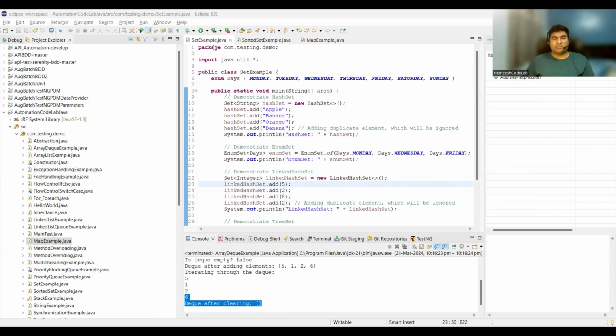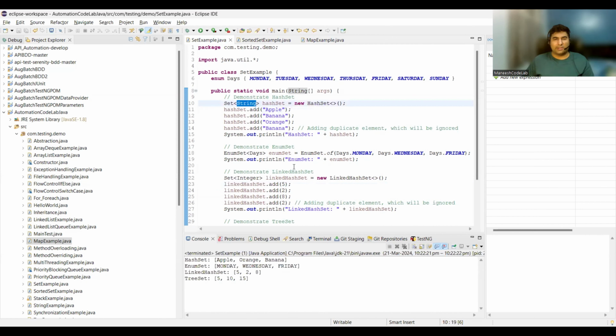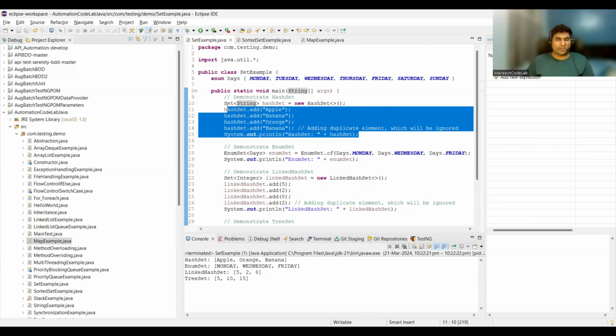In the given example, we have created a hash set of type string, and we are adding apple, banana, orange, and then again banana. If you see here, guys, I've tried to enter banana again. In this case, it will go ahead and ignore this, because my set already contains banana. After inserting the respective elements, my hash set contains apple,